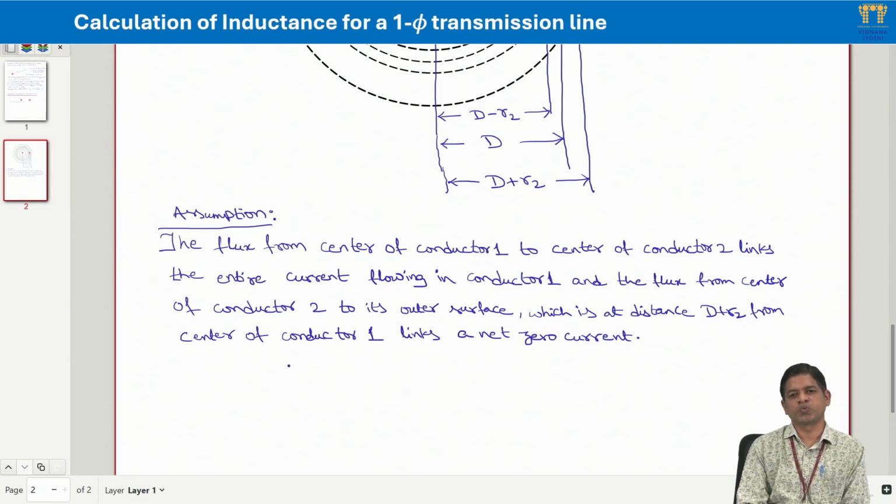This assumption is valid when d, the distance of separation between the conductors, is quite greater than the radius of either conductor. And this is quite acceptable. Why? Because in overhead transmission lines, the radius of the conductors is quite small compared to the distance of separation between them. Now, with this assumption,